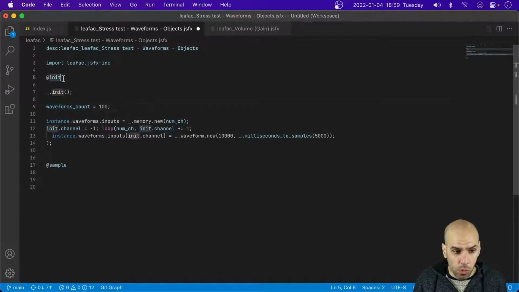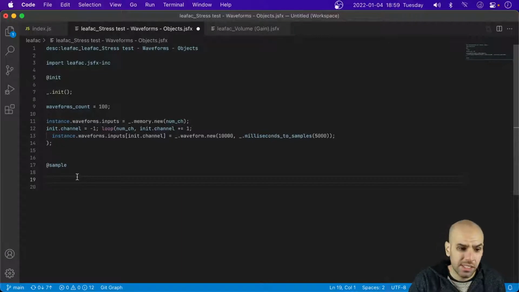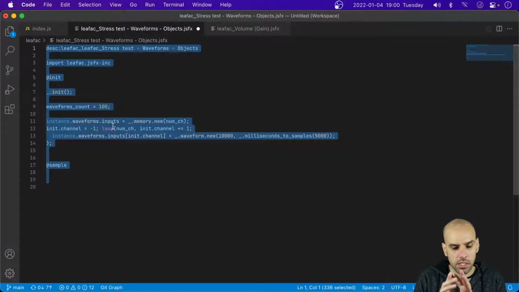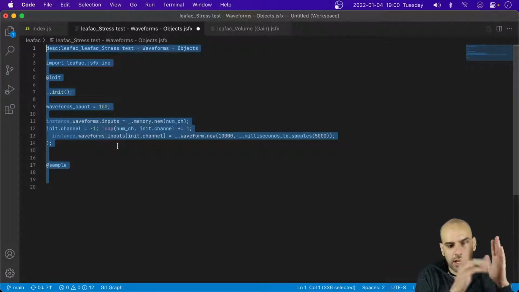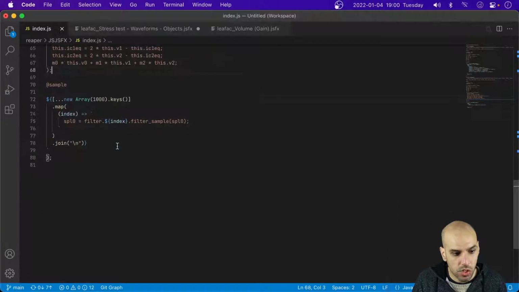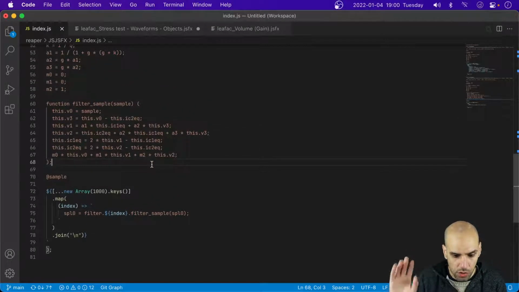Now, naturally, we can prevent the sample block from collecting samples when the graphical user interface for the effect isn't open. In fact, we should do that. This is a stress test after all. And the main point of this stress test is that the waveform thing is a circular buffer. So in the memory version, this version that we are implementing, the circular buffer is a big chunk of memory and a pointer that goes around that chunk of memory. And in the JavaScript version, the one that is going to unroll this, we are going to do something similar to the ReEQ plugin, where